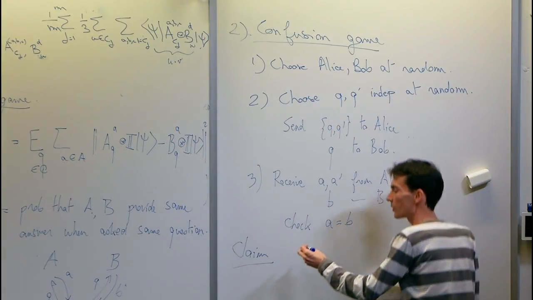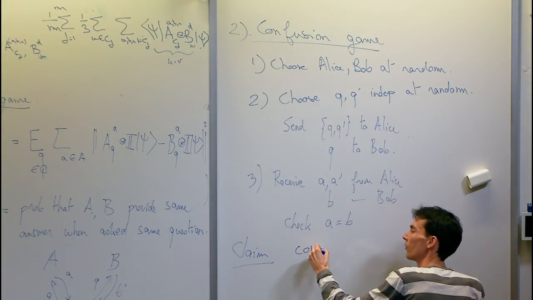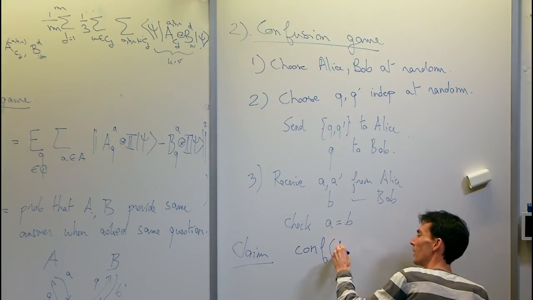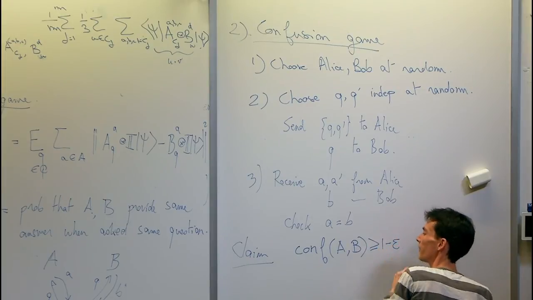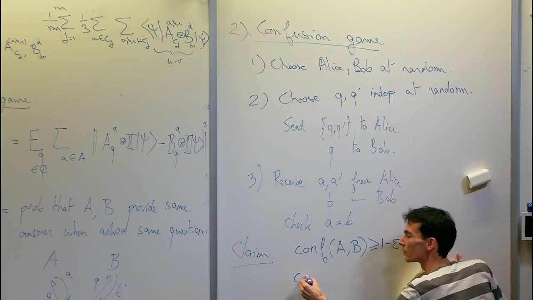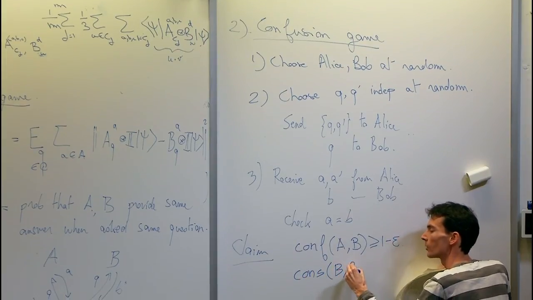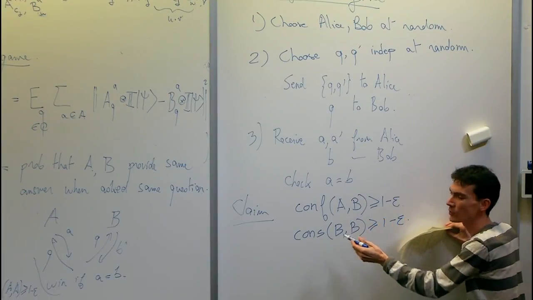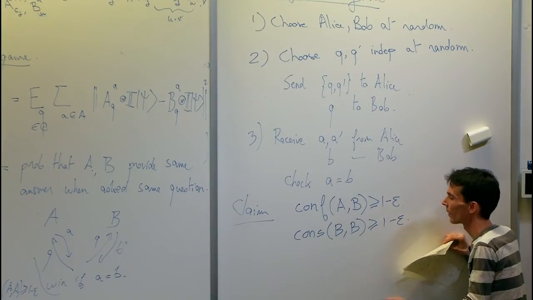And let's suppose that I have a strategy that wins in this game. I'll write it conf for confusing, just like consistency of A and B. Suppose that this is large, 1 minus epsilon. And suppose also that the B measurements would win. If I was to play the consistency game telling both guys you're Bob, they would also win, so the 2 conditions. Then,